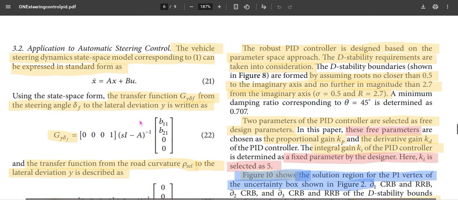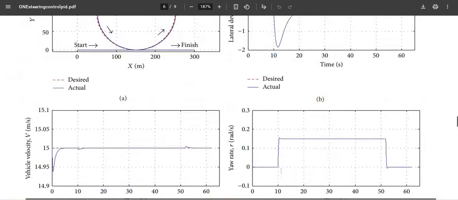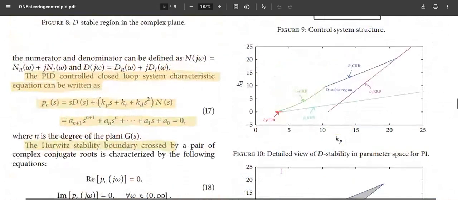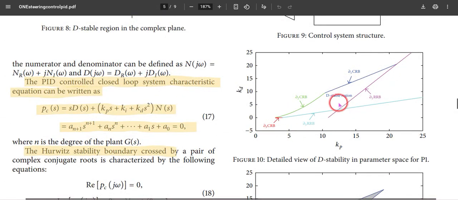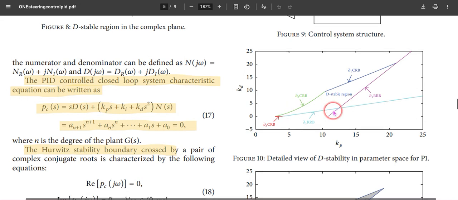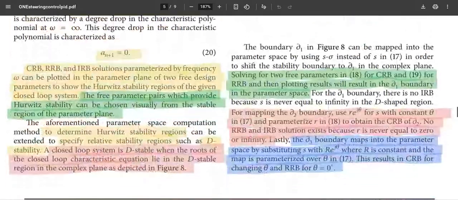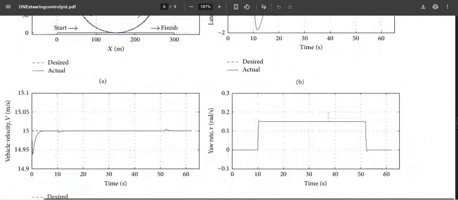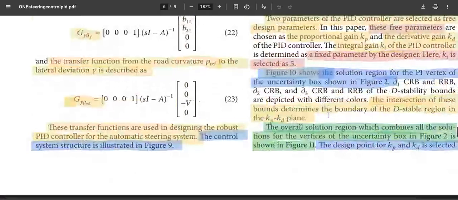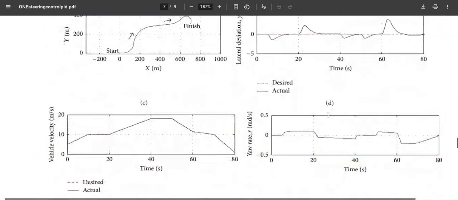Here they have taken only two values. The k value is fixed and selected to be 5. And if you see in figure 10, these are the Kp and Kd values, and this is the stable region they have identified for the given dynamics of the system. So these boundaries are based on those equations that we have explained earlier, 17, 19, and 20. So once this bounded domain for the Kp and Kd values is identified, we choose the parameters so